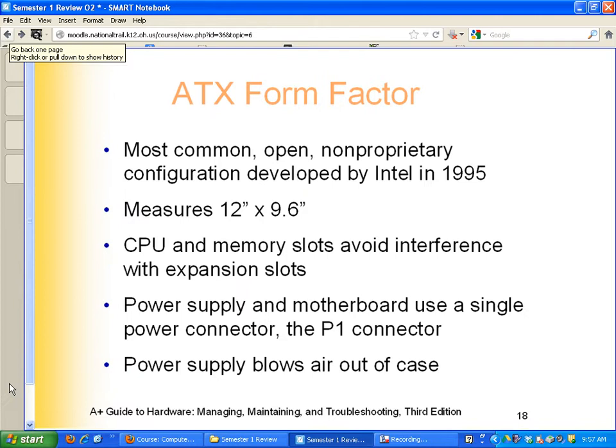Okay, ATX has been around since 1995. That doesn't mean it's bad. Just the holes have not changed since 1995. Has the power supply plug changed? Yes, right? We had 20, and now we have 24 pin,